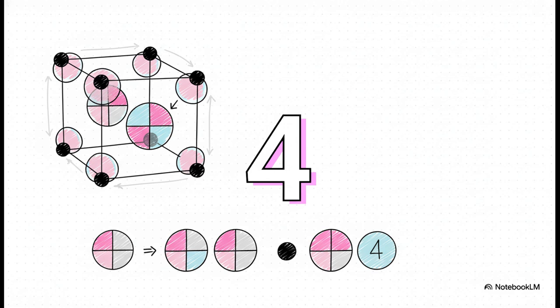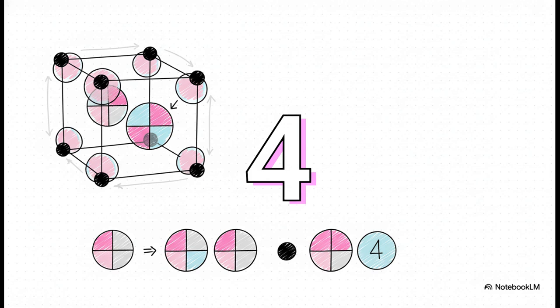Each of those face atoms is shared between just 2 cubes, right? So our unit cell gets half of it. 6 faces, each contributing half an atom, that gives us 3 more atoms. Add the 1 from the corners, and we get a total of 4 atoms. This is the most densely packed of the cubic cells, and that's a huge deal for the properties of materials